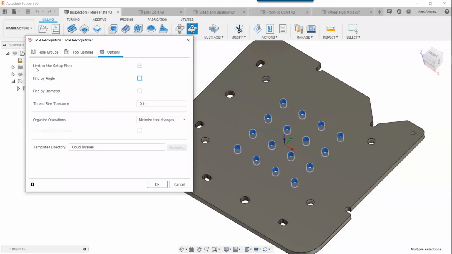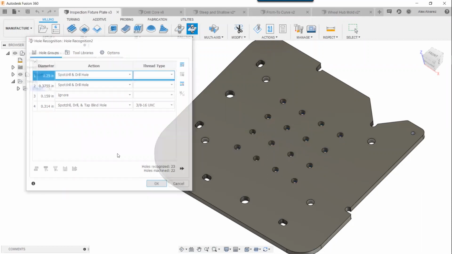And then some more miscellaneous options here. So do you want to find by angle? Do you want to make sure that you only find specific diameter ranges inside of this part? You can go ahead and specify that here. But anyways, as soon as we click OK,